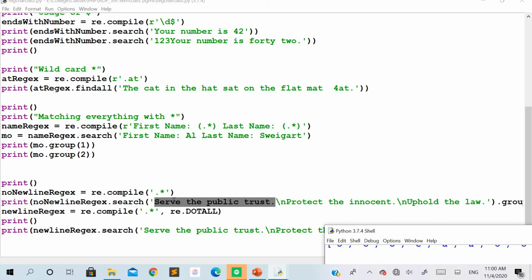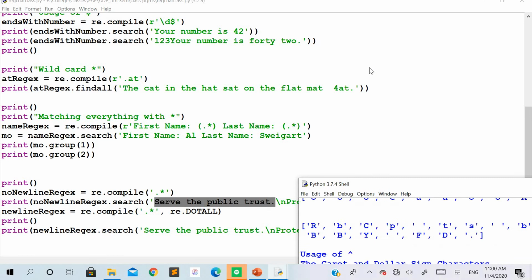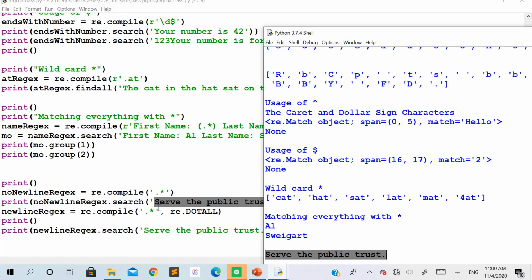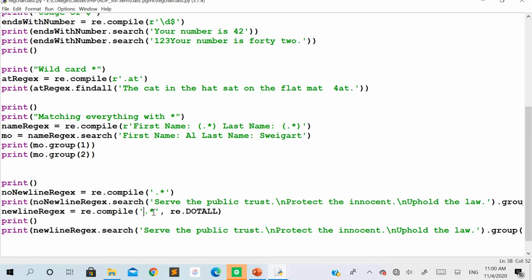But what if you want to extract the rest of the values with the dot star, ignoring the new line characters? Even that can be done by using re.DOTALL, with uppercase letters, as a second argument in the compile method. In this case, the dot followed by the star has been used as the first parameter, which is the pattern to be defined within the compile method. Followed by the comma, you can also use one more argument, re.DOTALL, to tell it to consider the new line characters also as part of the pattern for extracting the values.